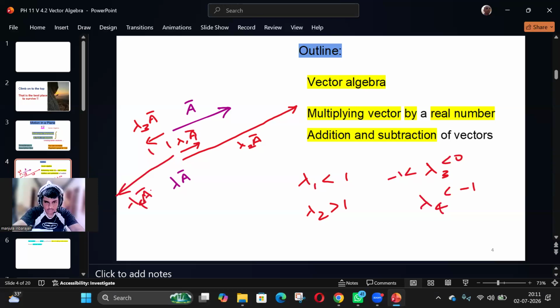Is that clear? Yes, sir. So these are the different possibilities for multiplying the vector by a real number. Lambda is a real number. Okay, so